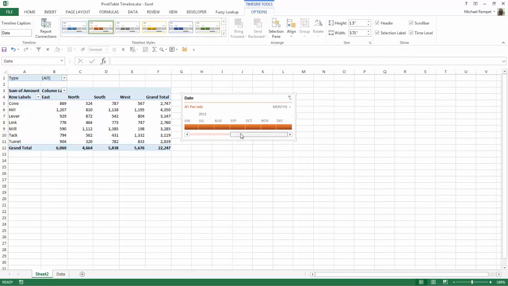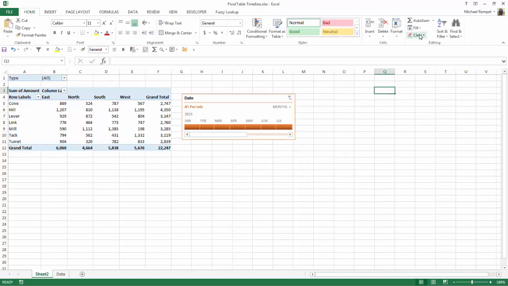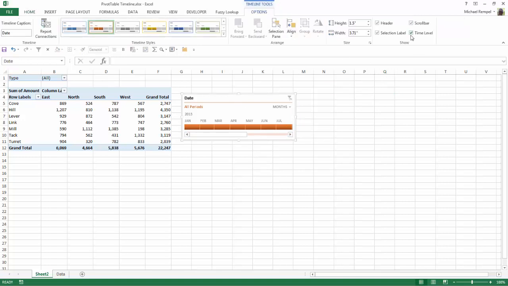I have a scroll bar here so I can scroll through the various months of my timeline. I can remove that by unchecking the scroll bar option or checking it to have it reappear. And I can also change the granularity of my timeline to years, quarters, months, or days, and the time level option will remove or display that. I'm going to widen it a little bit. You can see here it's showing me January through December of 2013 because that's the time period that my table